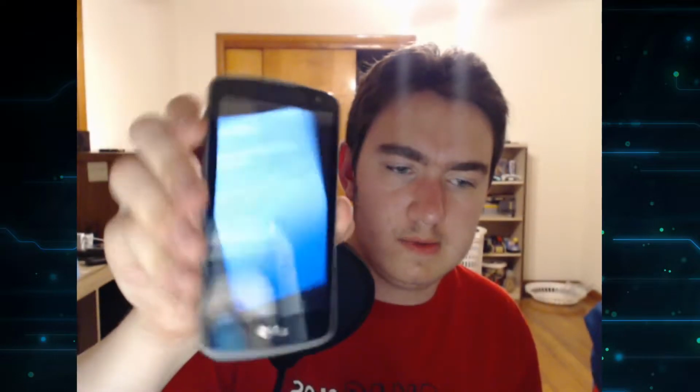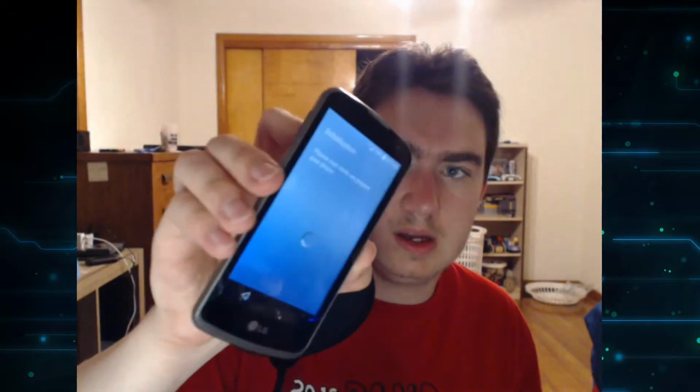Whereas this is perfectly good. It even supports the same type of SIM card, the micro SIM, whereas this needs an adapter. So hopefully I can get it fixed, since it literally works 100% perfectly. Don't even smash the Galaxy. I'm not going to smash it because it works. It keeps beeping at me. No. I'm trying to